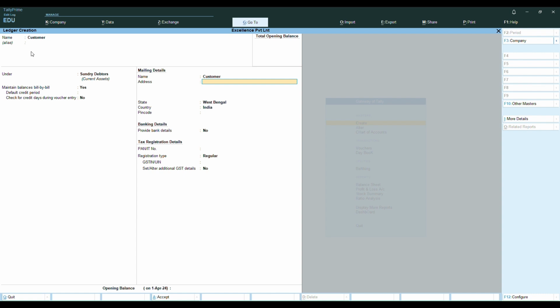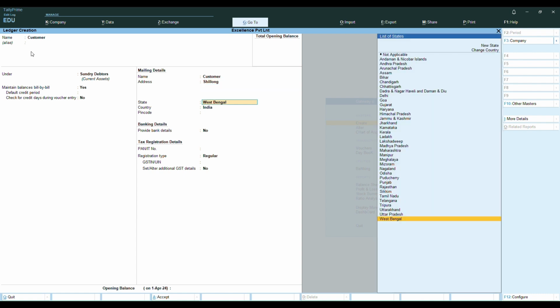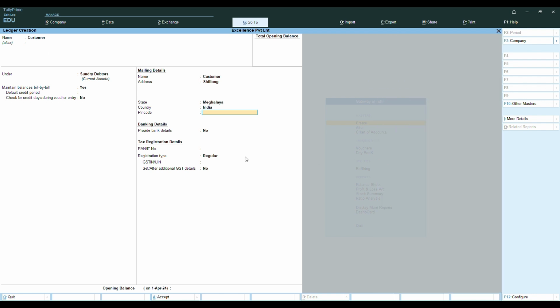We enter the address and press enter. We select the correct state from the list and press enter again. We are redirected to the PIN code field where we enter the correct PIN code.